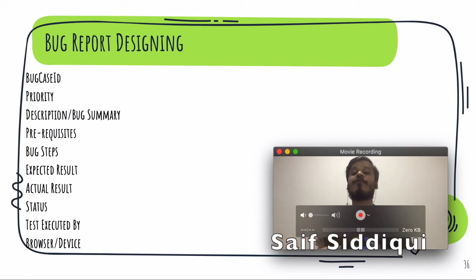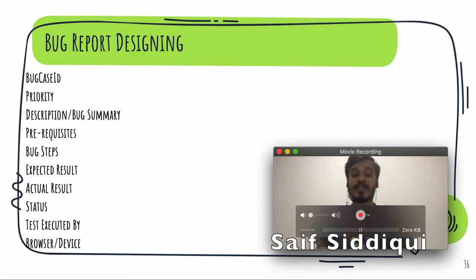And then prerequisite is basically what all we need to have in order to replicate that issue. So from my side, say for example, if I talked about the bug previously that I'm not able to add items inside the cart, then the prerequisite should be my test data, login data, and any other test data, maybe any environment data which I need to see. Then apart from that, Amazon site should be up and working, and maybe if any other test condition we need to fulfill in order to reproduce that issue, then we need to have all those prerequisites handy and ready.